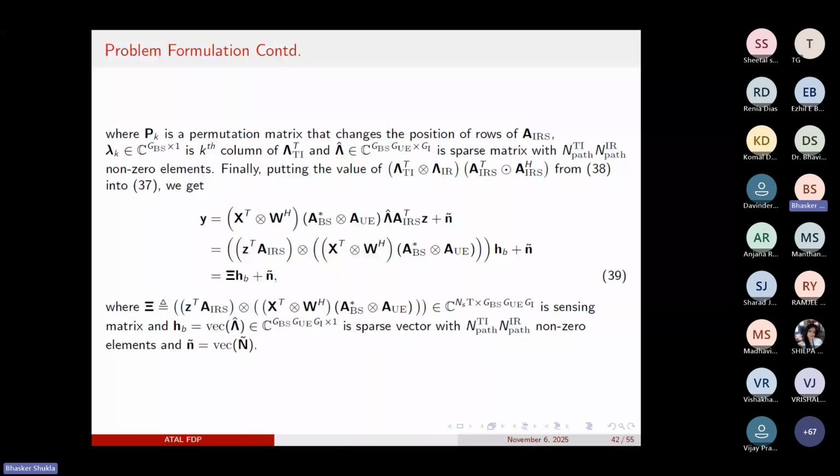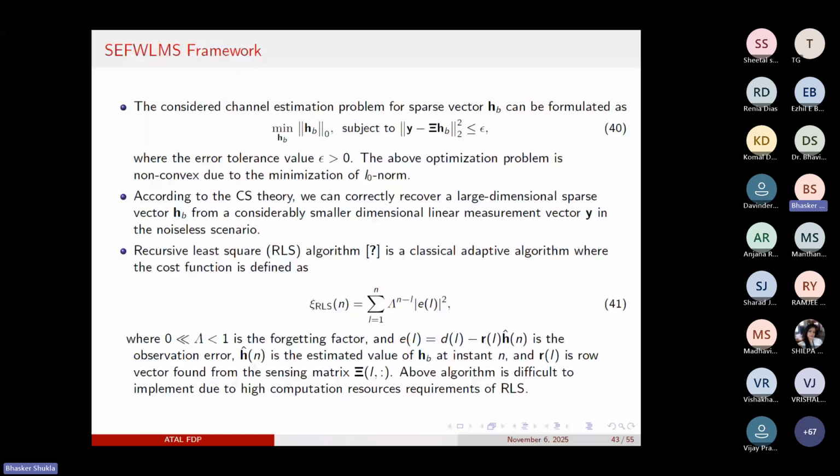So here again the considered system model is given with the help of the channel estimation problem, given by equation 40. There are many algorithms, but here I have applied the recursive least square algorithm, given by equation 41, and here delta is a forgetting factor,